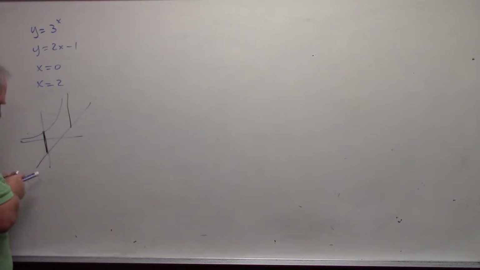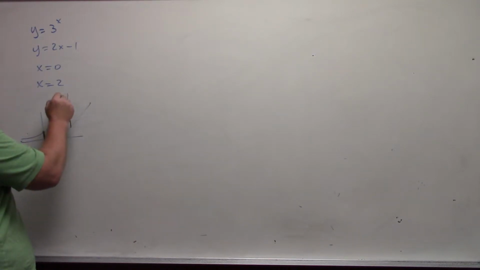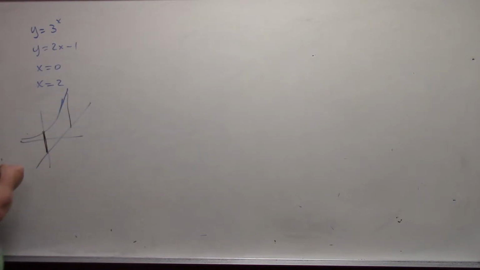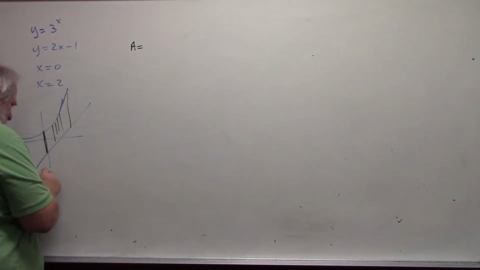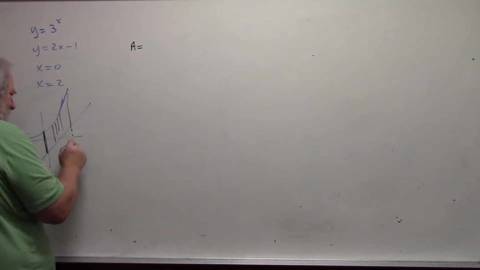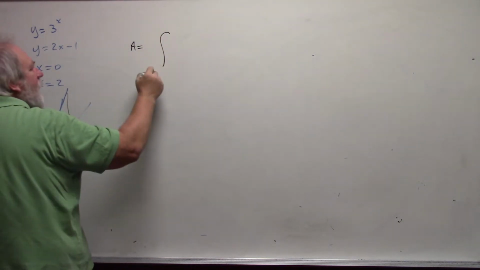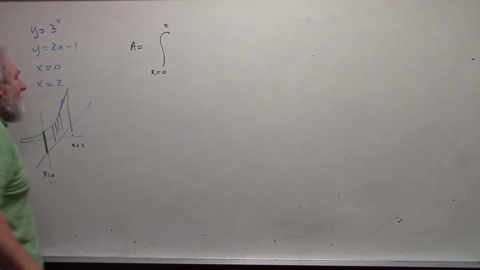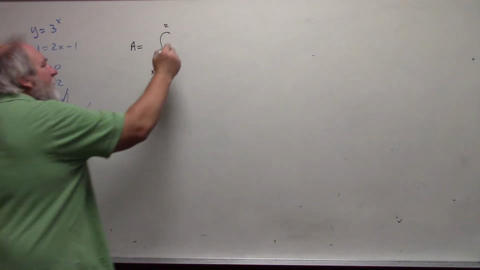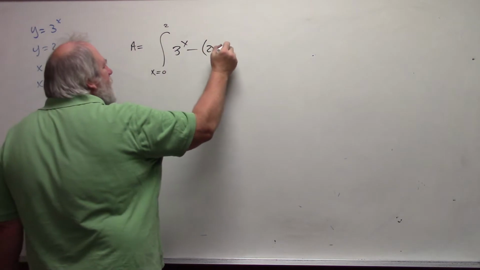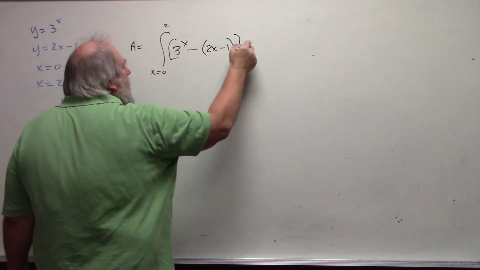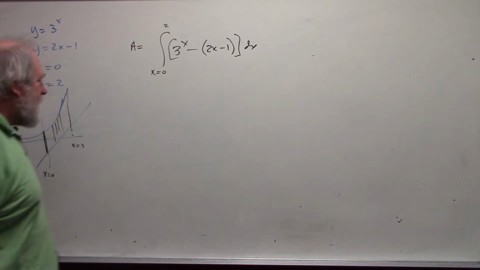And so, this is the region that we're dealing with, and I want to fill this in with vertical rectangles, which means my area is going to go from, since this was x equals 0, this was x equals 2, x goes from 0 to 2 of the top function 3 to the x minus the bottom function 2x minus 1,